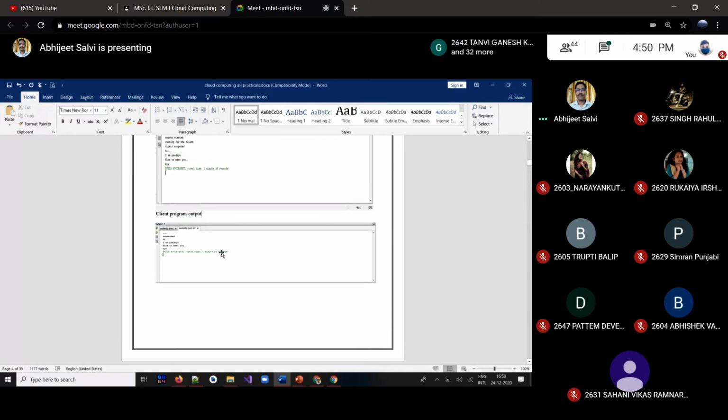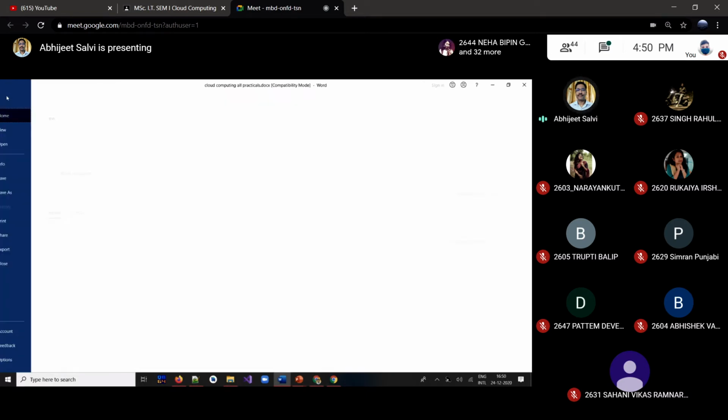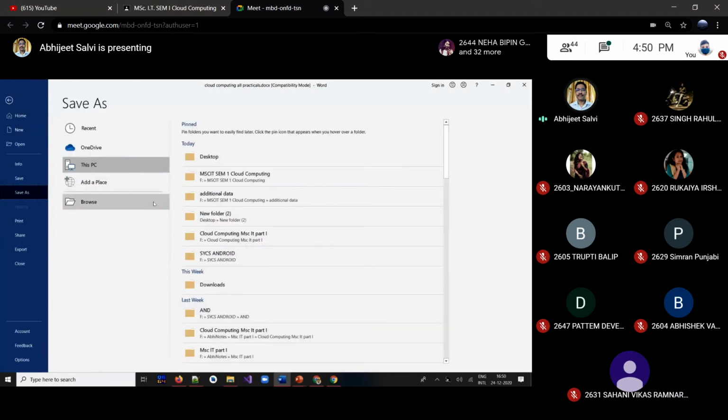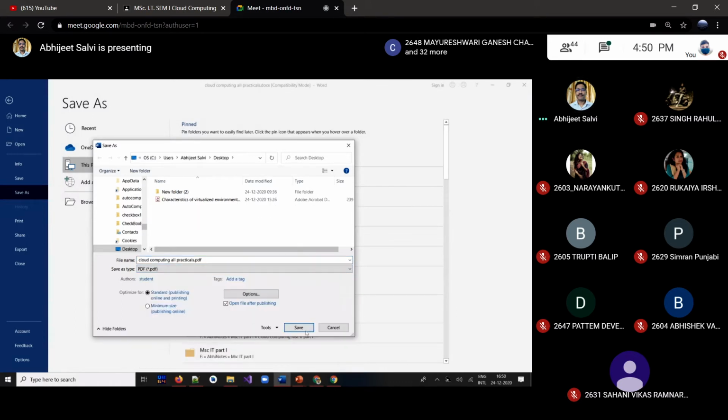So after doing this, what you can do actually, you save this in PDF format. So save as and go for the PDF. Why do I like to see PDF? Because the alignment might be changed and all. So better option is save it as a PDF. Okay, that will be a handy option.